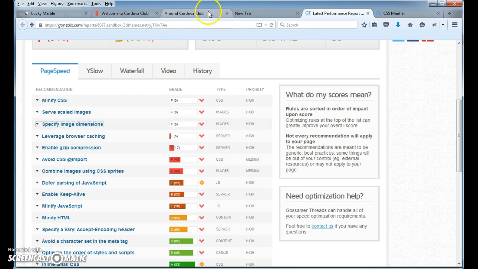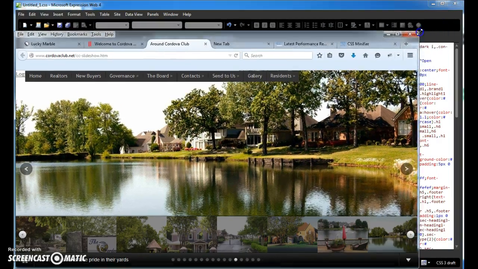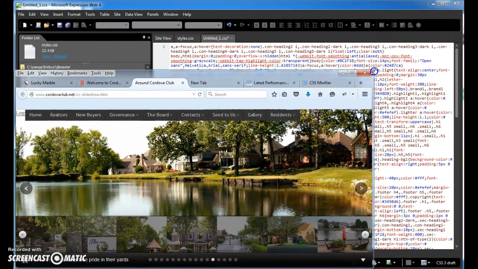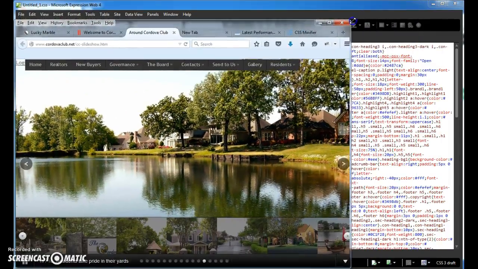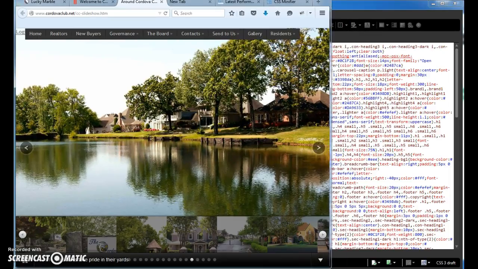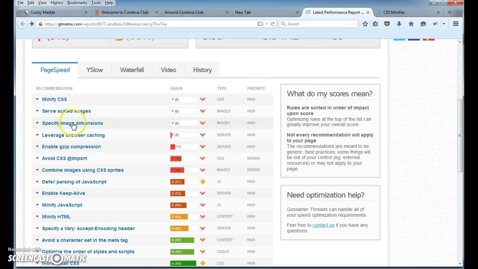If you actually had an image in here, and we're just going to resize, see what happens when I resize the browser? The image scales. If you put a size, like a height and a width on the image, guess what? It wouldn't scale any longer. It would actually stick to that size that you specified. So there's yet again an outdated specification, this thing right here, specify image dimensions. It doesn't work for mobile